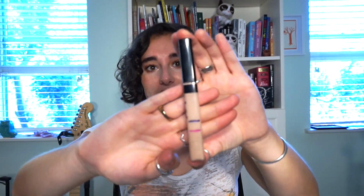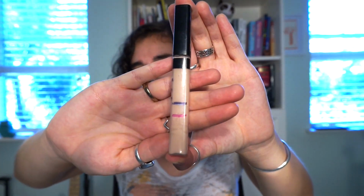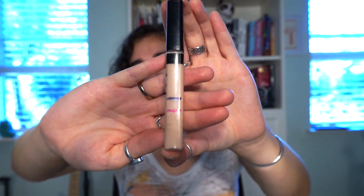Another product I want to use up is the Maybelline Fit Me Concealer, and this is my progress. It doesn't seem like all that much, but during the summer, I hardly wore concealer. During the school year, I wear makeup 6 days a week. Even now that I'm moving into college, I might even wear it every day. So I really do think that with 2 months of wearing this nearly every day, I really can get it